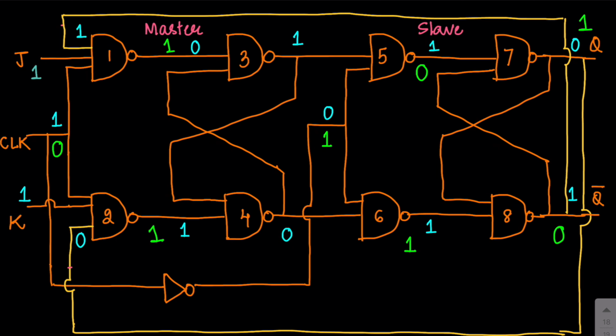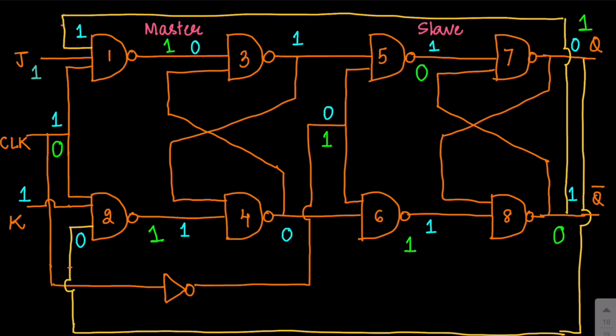So you get the input to the seventh NAND gate as 0, and we don't need to know what the other input is. This is the one input which is 0, so obviously the output will be Q equal to 1. And for the eighth one, this will act as the second input, that is 1. And you know that one of the inputs is on the green side whenever the slave is active. So this is also 1, and hence your output is 0. So now we have the output Q equal to 1 and Q bar equal to 0.